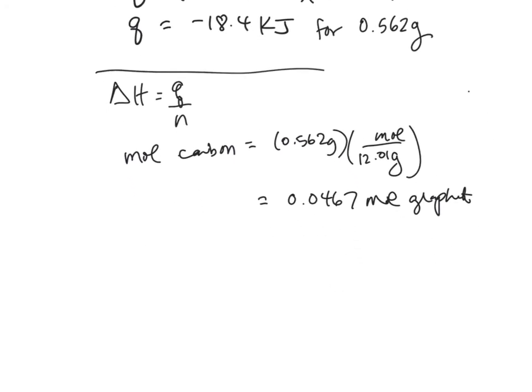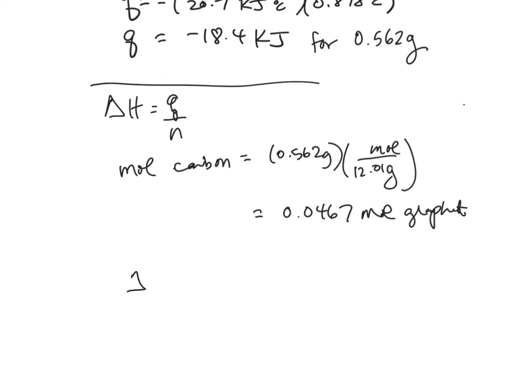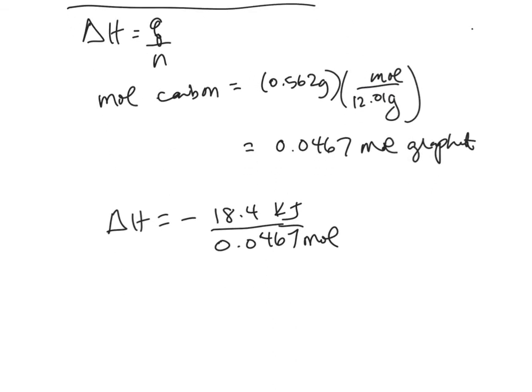And put it all together now. Delta H is negative 18.4 kilojoules divided by 0.0467 moles, and then delta H equals negative, and let's convert to